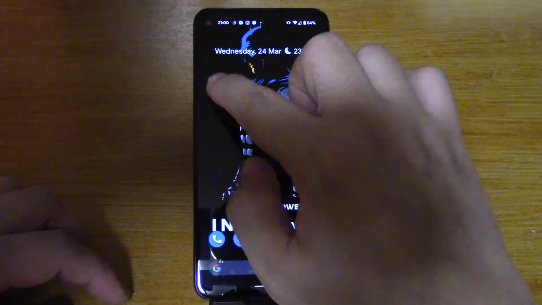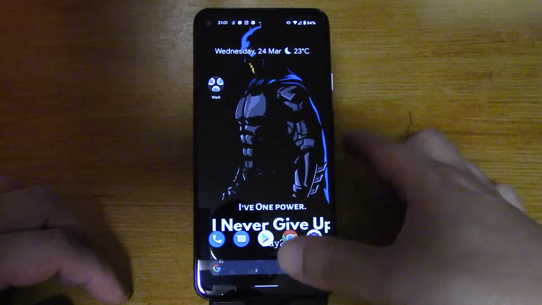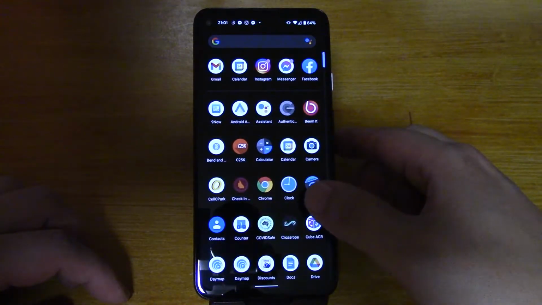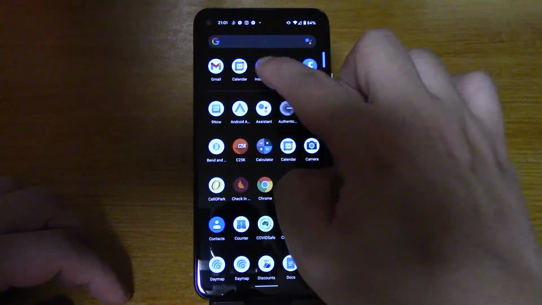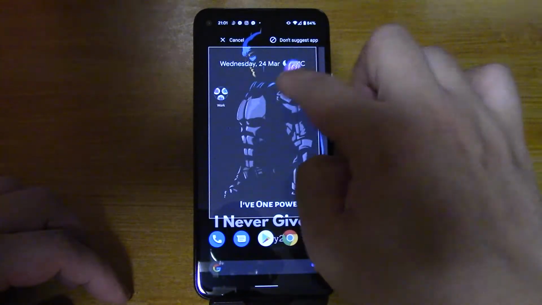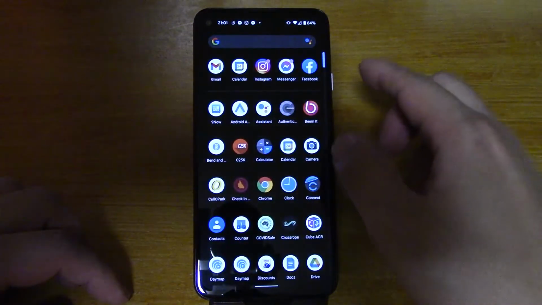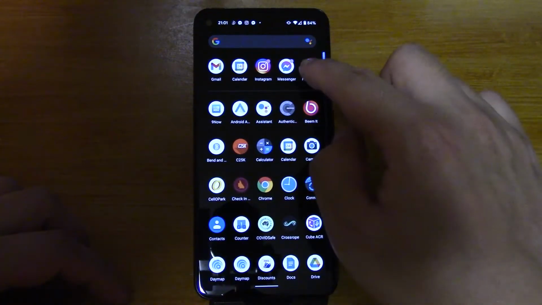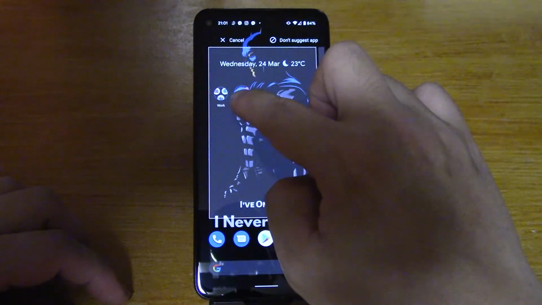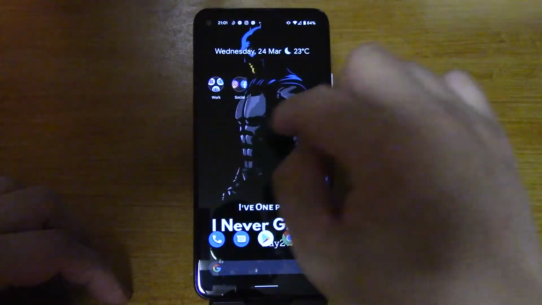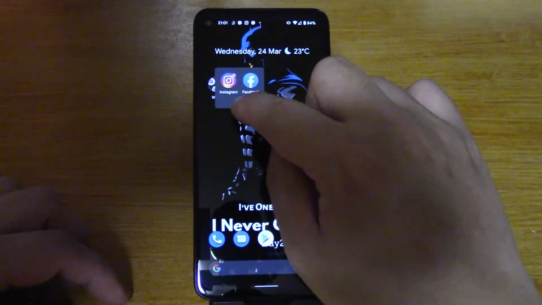So I already have a folder called work. So I'm going to show you how to make another folder. All you have to do is drag another icon. So let's say I want Instagram, drag that, hold it down, bring it to the home screen, and then you also need another one. Okay, so I'm going to drag the Facebook icon, bring it to the home screen, and drag it right on top of my other icon, and then it's already come up with a name